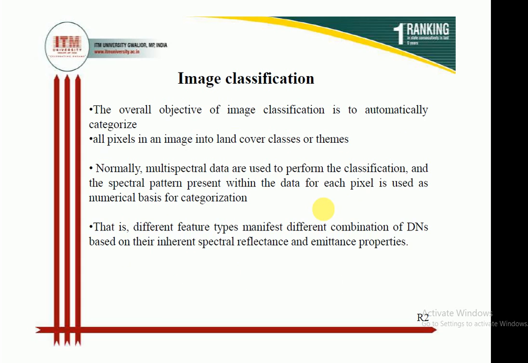Now what is image classification? Image classification is the automated classification of a digital image. It means the computer classifies the image on the basis of the variation of spectral frequency and spatial variation. So this is image classification. With the help of image classification, before interpretation, any person can judge what type of land features and what type of phenomena are present or visible in a certain image.